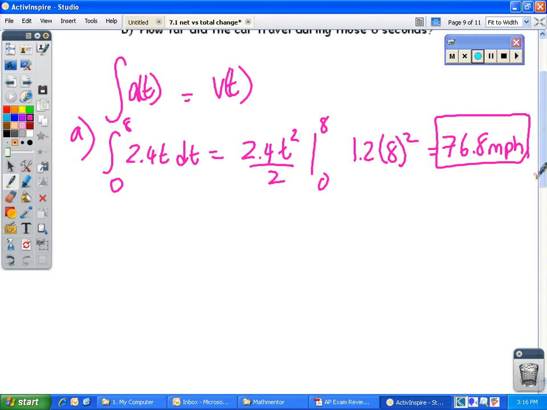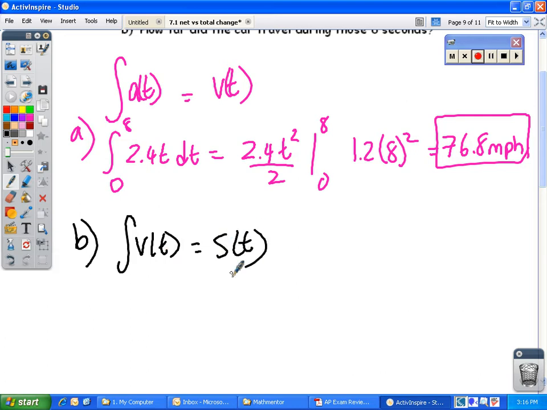So, just like we had the integral of a of t equals v of t, if I integrate v of t, I'm going to get s of t, an amount. And in terms of this, that would be distance. So if I integrate my 76.8 miles per hour,